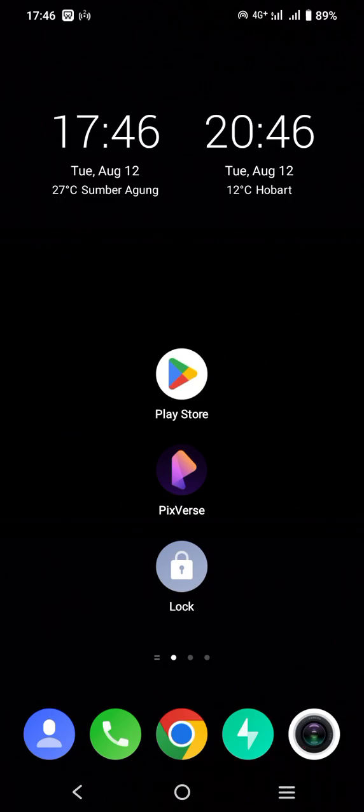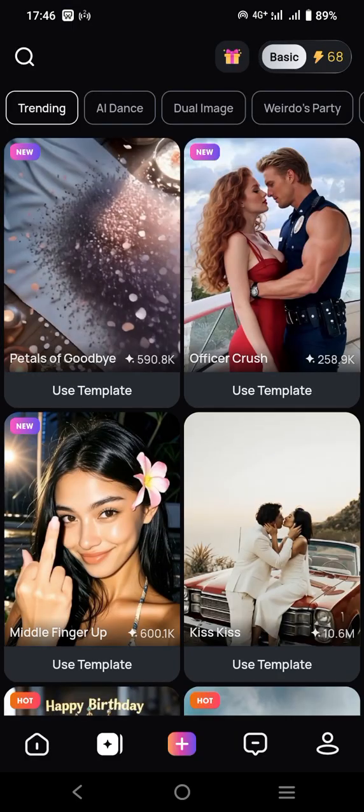So guys, the first step you can do is install Pixverse. From an Android phone, you can install it from the Play Store, or if you are a user of the iPhone or iOS, don't worry, because you can install it from the App Store. And as soon as you have installed it, you can open it, and after that don't forget to log in or sign up first with your email, because this